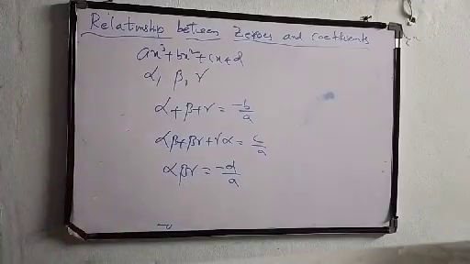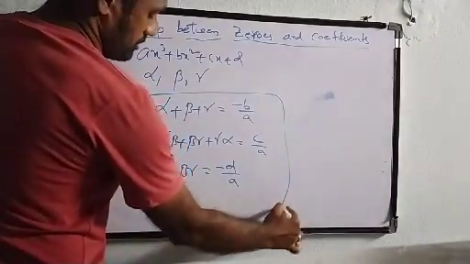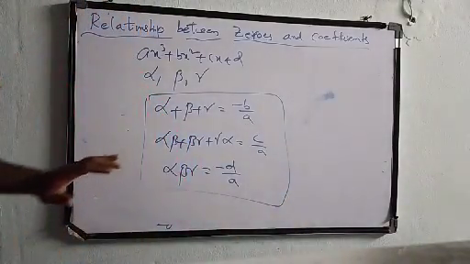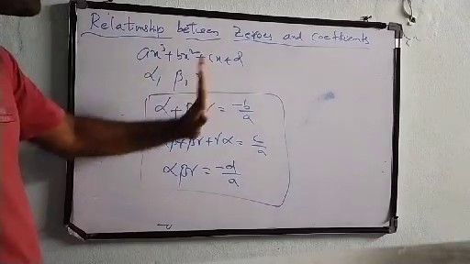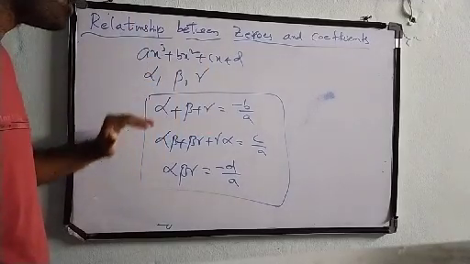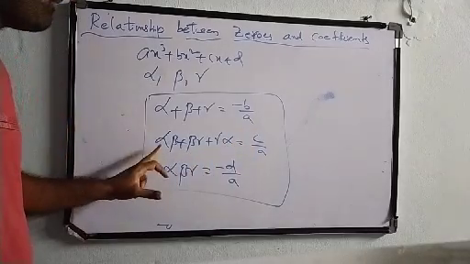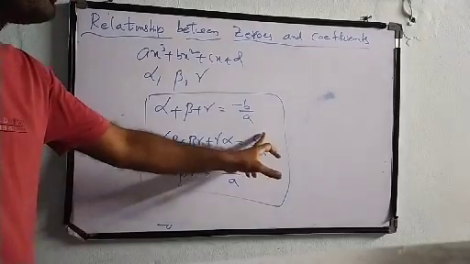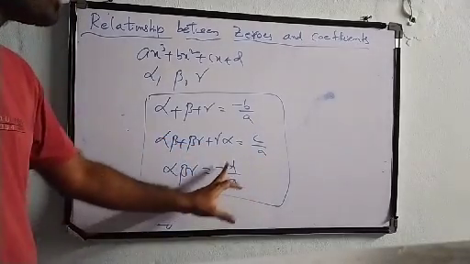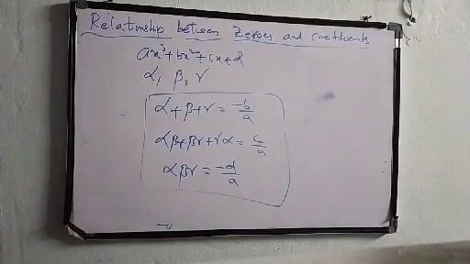So these are the three formulas for identifying the relationship between the zeros and coefficients for the cubic polynomial. The sum of the zeros is minus b by a, the sum of the zeros taken two at a time will be c by a, and the product of the zeros will be minus d by a.